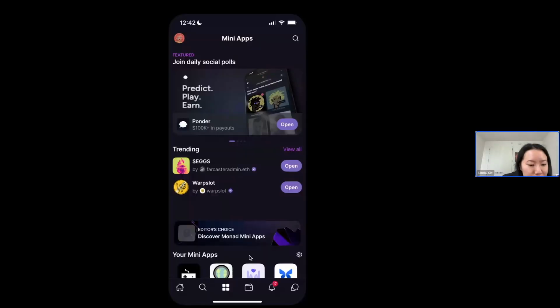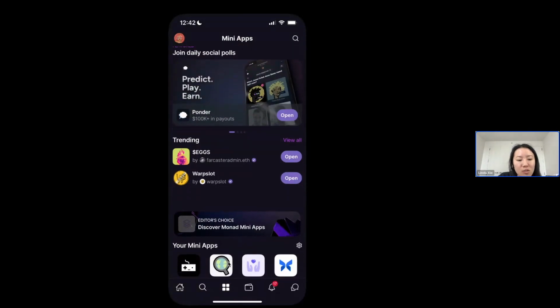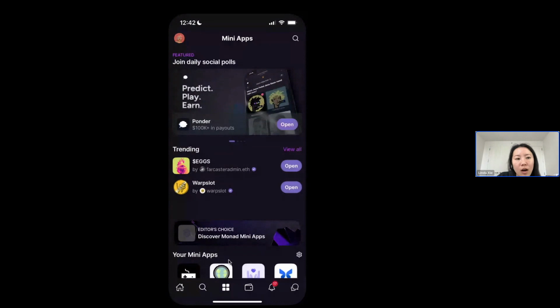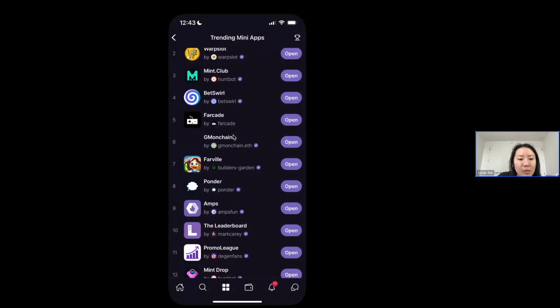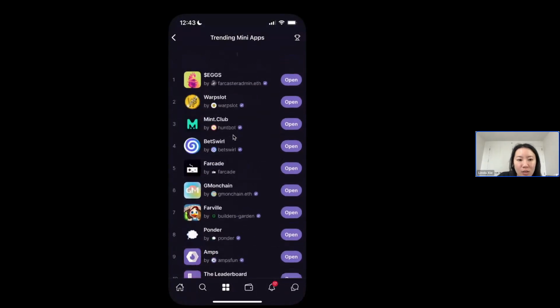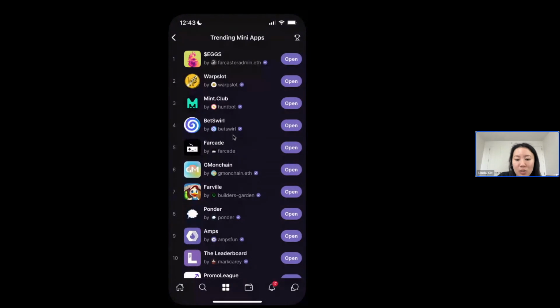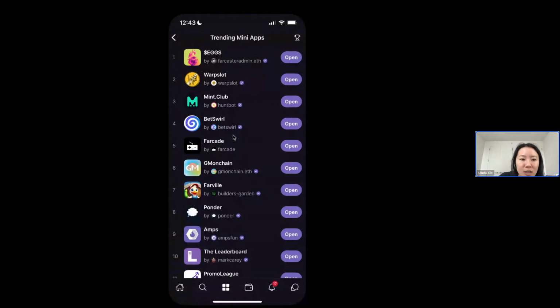iPhone mirroring. Yeah, awesome. So the way that you find the Mini App Explorer page is going to be on the bottom here. Once you go to this page, this is the equivalent of our App Store. You have featured mini apps at the top that people can interact with. You have trending mini apps, and this algo is based on mini app usage, like the times the mini apps were opened, and also on-chain transactions. And so this is ranked accordingly.